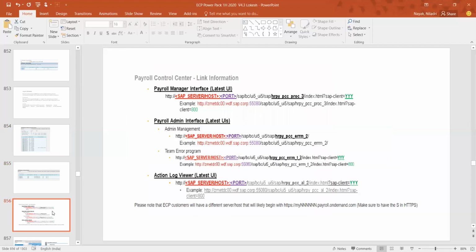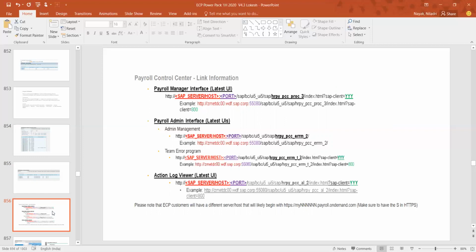Once it is done, then for payroll control center, even suppose you are not using Employee Central Payroll, PCC will still be valid, and you will be able to access those things via your GUI. You can add those links, and this is the formula, the standard pattern for how you'll be accessing the payroll manager interface, the payroll administrative interface, or the Excel log viewer.